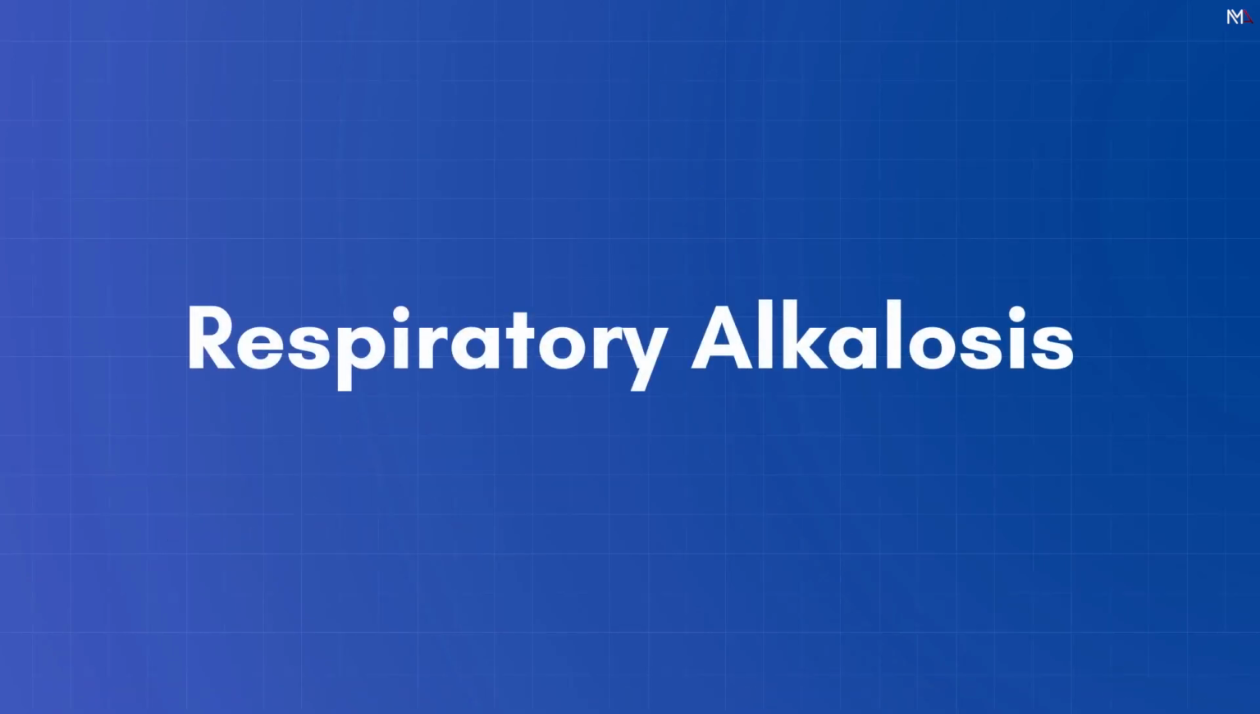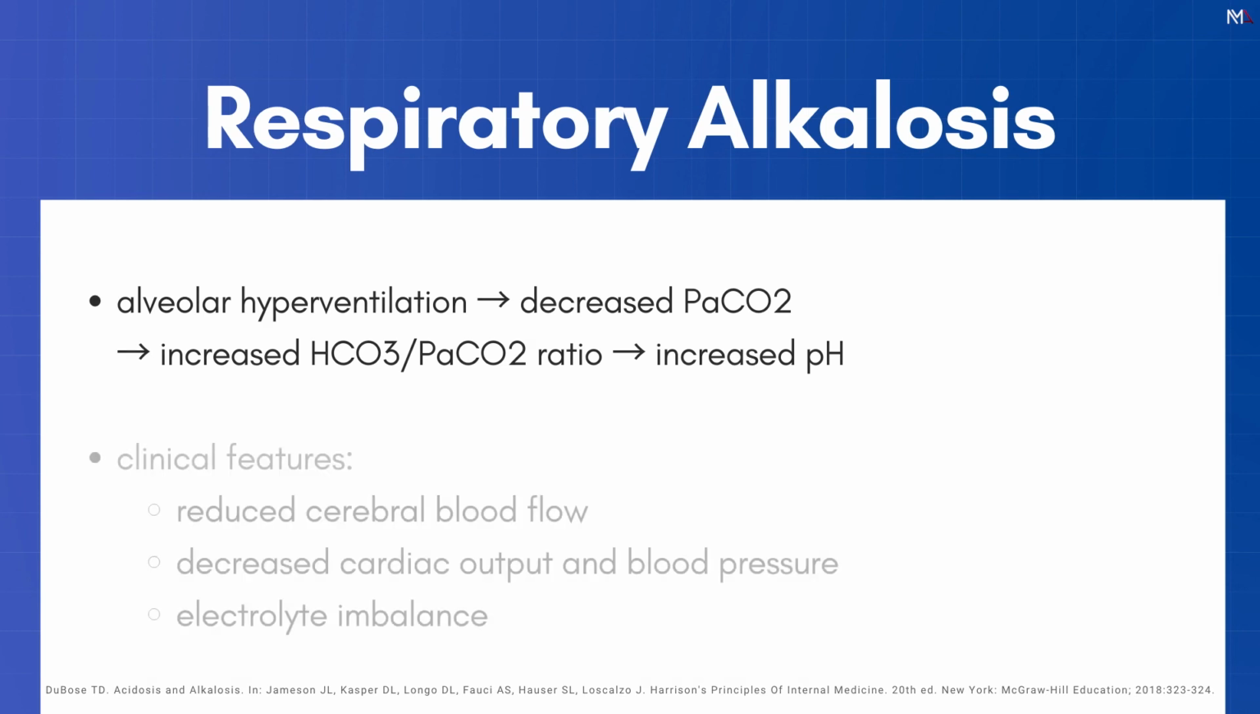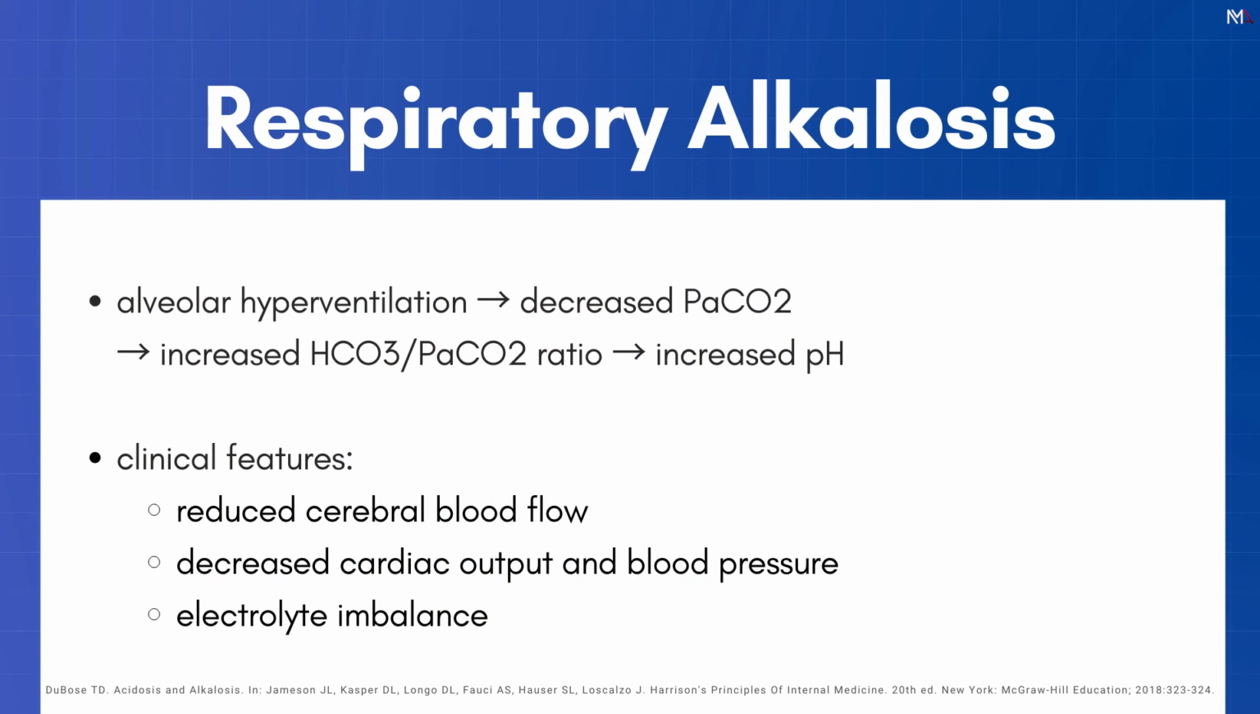So for the last general type, respiratory alkalosis, there is alveolar hyperventilation, which leads to decreased PaCO2 and increased bicarbonate to PaCO2 ratio, which leads to increased pH. So clinical features vary according to duration and severity of the disturbance. So there can be reduced cerebral blood flow due to the rapid decline in PaCO2, which will manifest as dizziness, mental confusion, or seizures. Cardiovascular effects due to acute hypocapnia, such as decrease in cardiac output and blood pressure, as